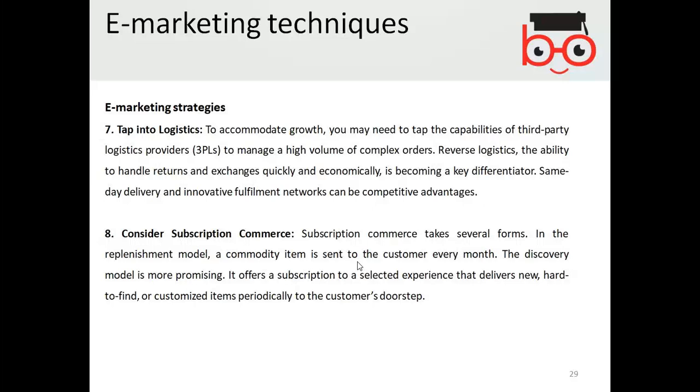Even on Amazon, you explicitly see the option that if you get the subscription, then you will get a cheaper price, and every time you will not need to place an order, and the orders will be automatically placed and the payments will be automatically taken, and via subscription you will not need to worry.